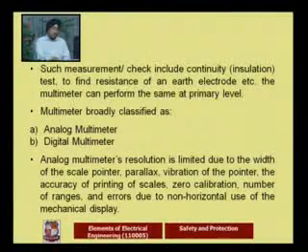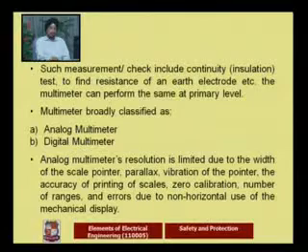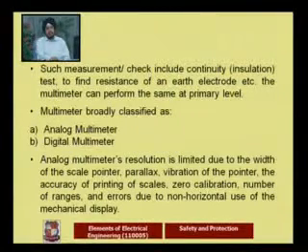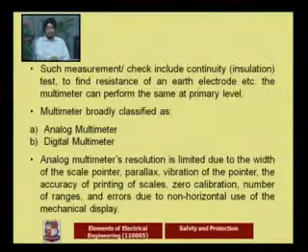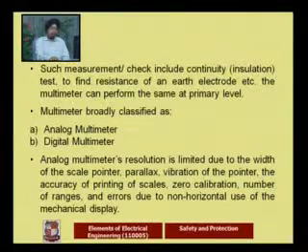Now, what are the types of multimeter? Previously the analog multimeter was introduced, and right now we are using the DMM, that is the digital multimeter. The analog multimeter has some disadvantages or limitations, like limited scaling, pointer vibration, accuracy compared